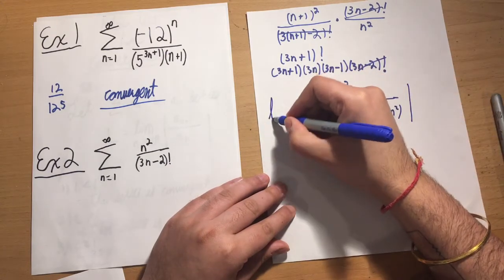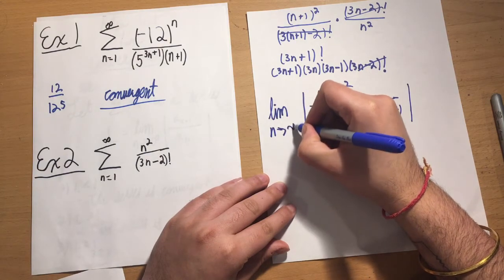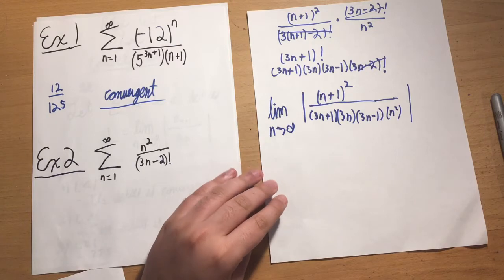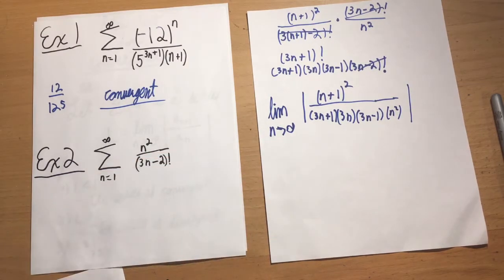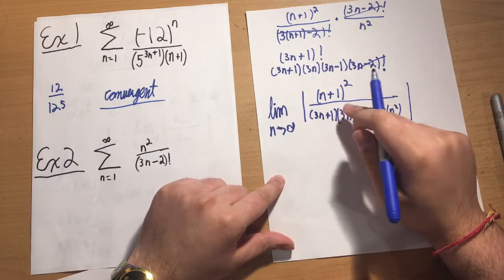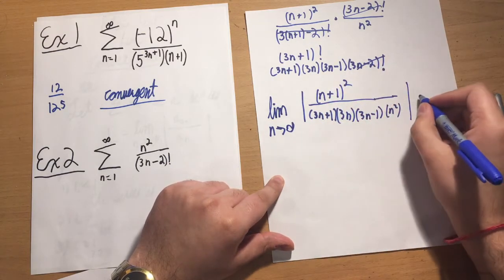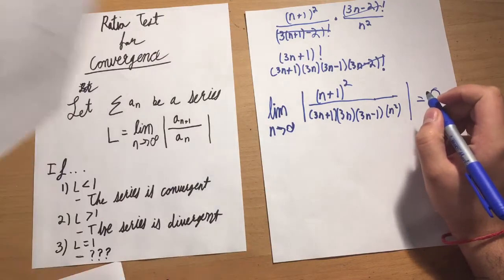Taking the limit of this as n approaches infinity, we can see that the highest term on top is going to be n squared, while in the denominator, our highest term is going to be n to the 2, 3, 4, 5, n to the 5th, right? Meaning that the limit of this as it approaches infinity should just equal 0. And by the ratio test,